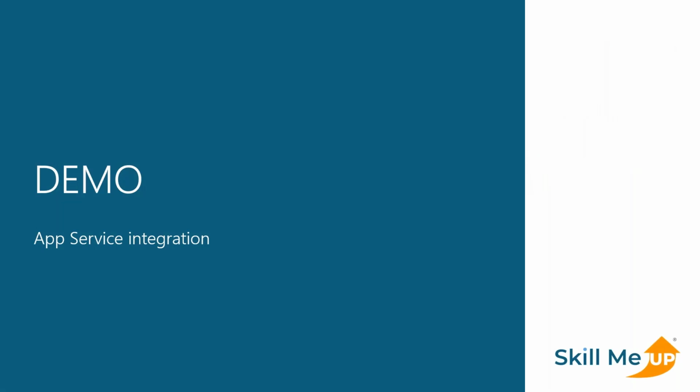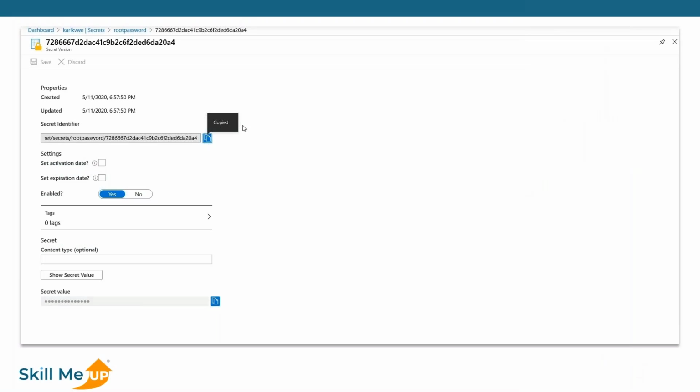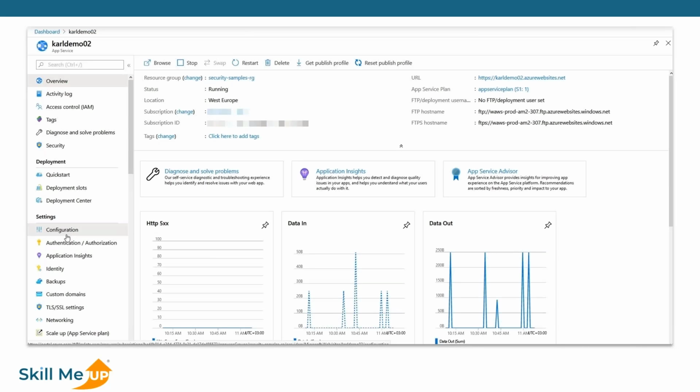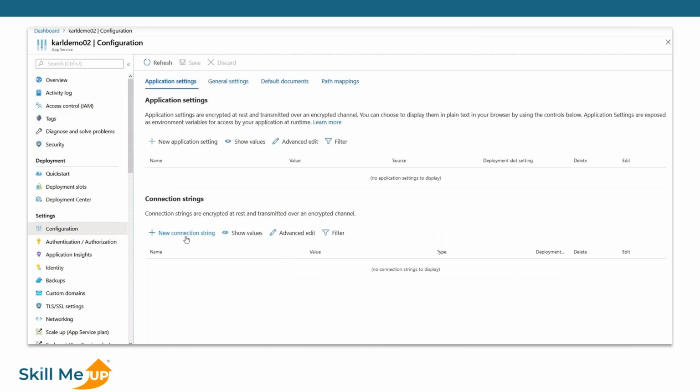Let's have a look at that in more detail. So here is again an example of my root password, just a secret stored in my Azure Key Vault. To configure this to be used in my Azure App Service, I'll just copy this resource identifier that I talked about earlier, this unique string. And then I can go ahead and configure the utilization of this in my app service. So I'll navigate to my Azure App Service instance. I'll navigate to settings and configuration. And underneath here, I'll have application settings where I can configure